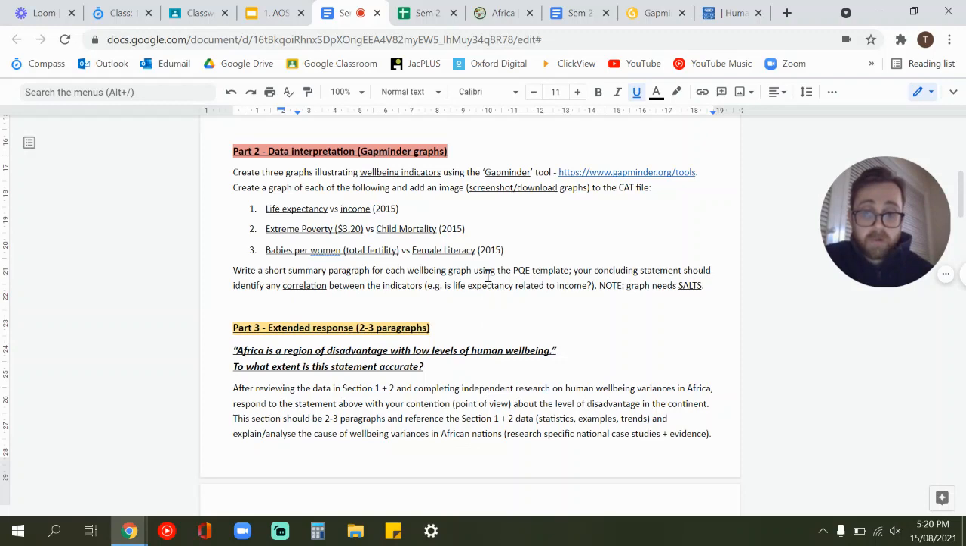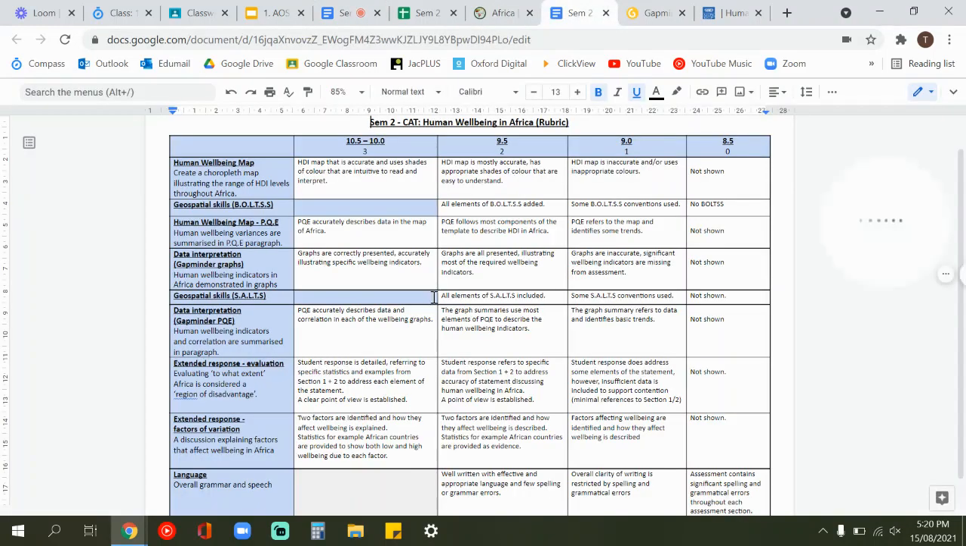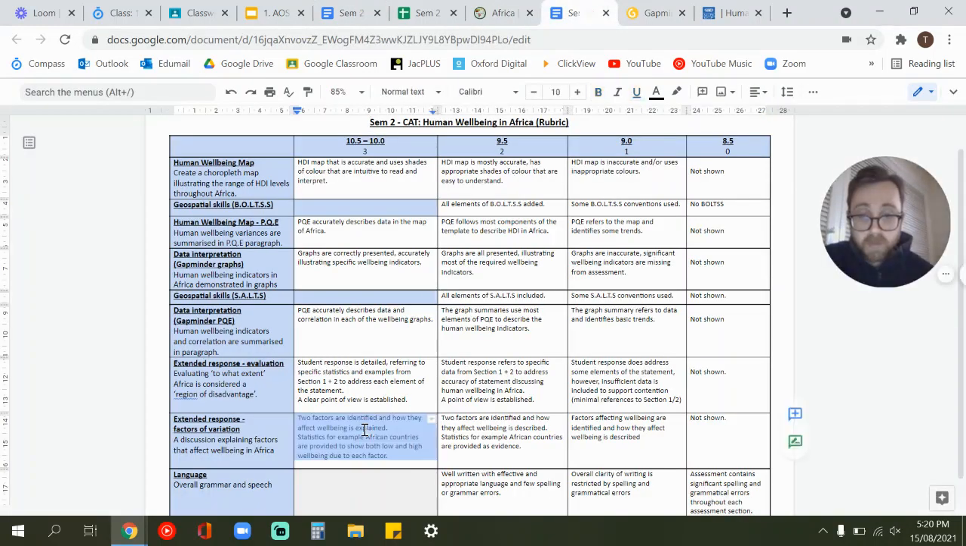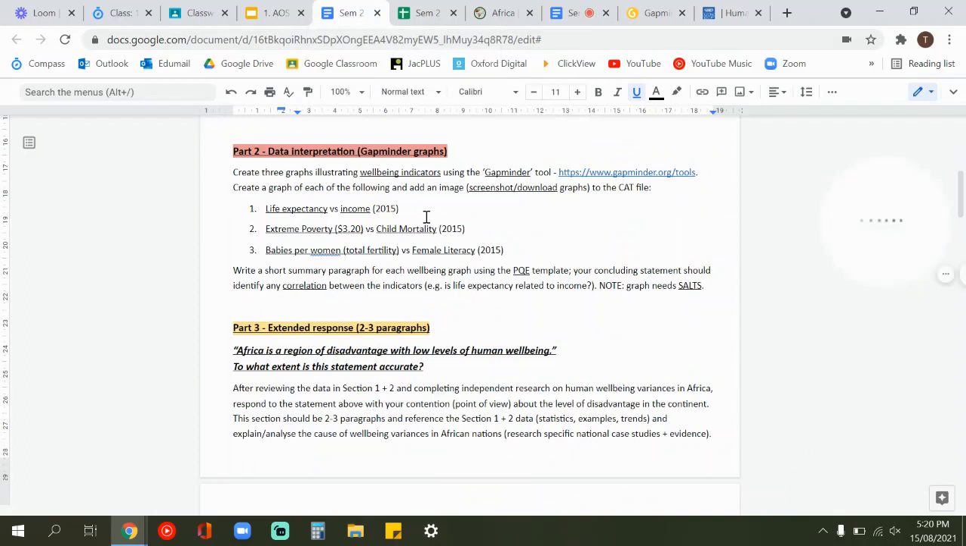Now, if you go to the rubric, specifically what we're asking for, 2 well-being factors. So you need to talk about 2 factors that are affecting well-being variances in Africa. There's a lot of things that impact well-being. Talk about 2 of the well-being factors we've looked at in this unit to explain why there is a different level of well-being in some countries. So maybe some countries have different levels of education or literacy or access to water,